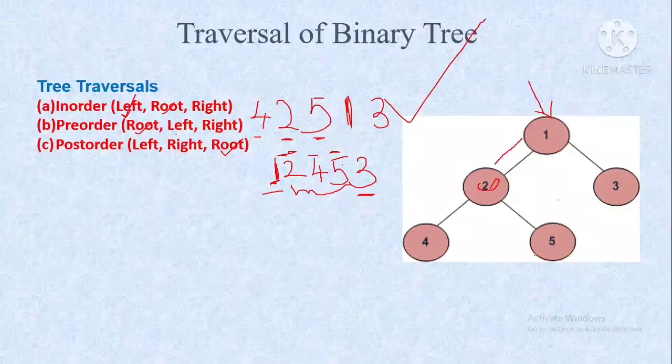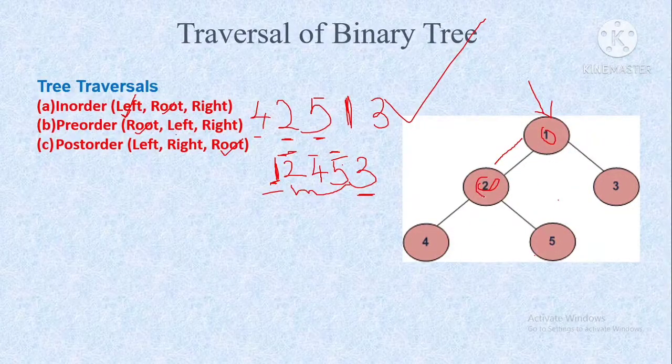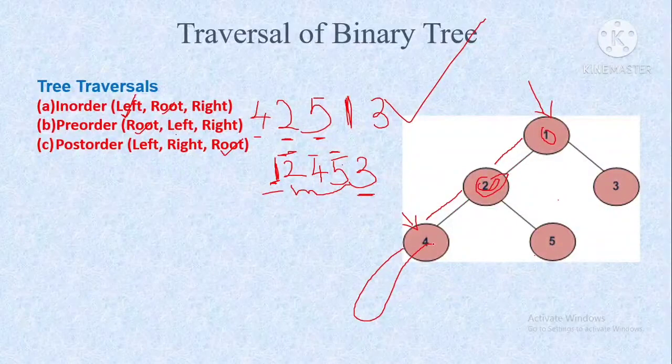Still it has a left tree. 1 is not a left tree, so I am going to the left subtree of this one, and I am visiting this particular node. 2 is the left child of this root node, but 2 is a root node for some other subtree. So recursively you have to go and search whether 2 has any left subtree. Yes, it has, so we are landing on this particular node. After landing on this node we have to find out whether any other left node is left. No left node is left. Then you have to find out the right node.